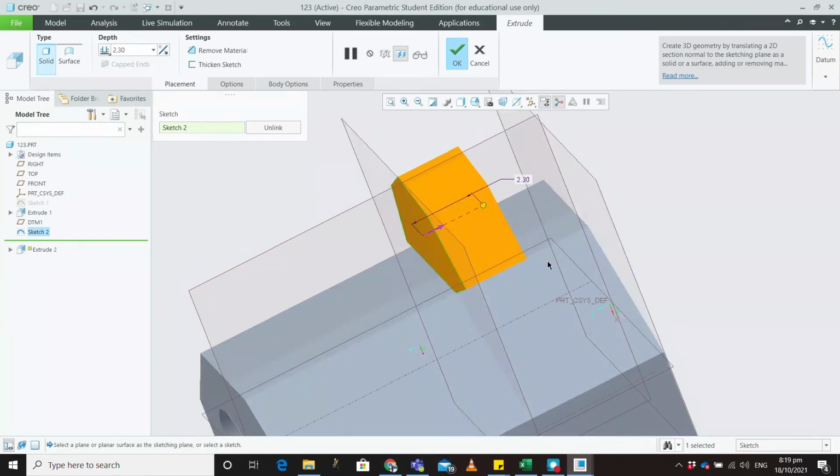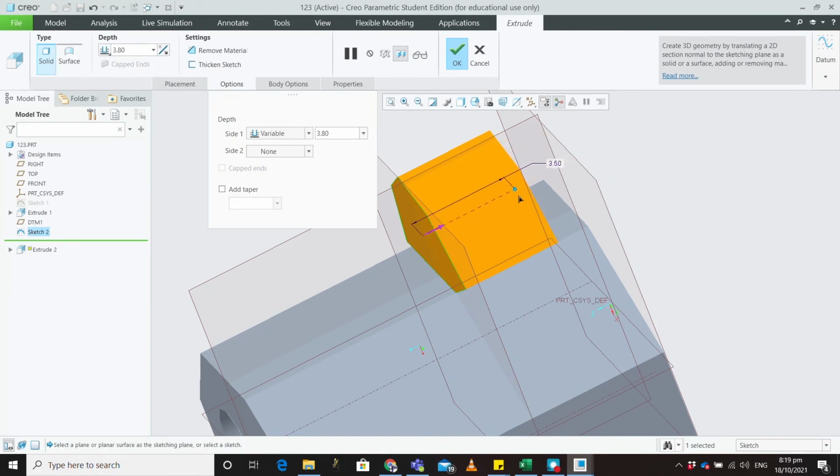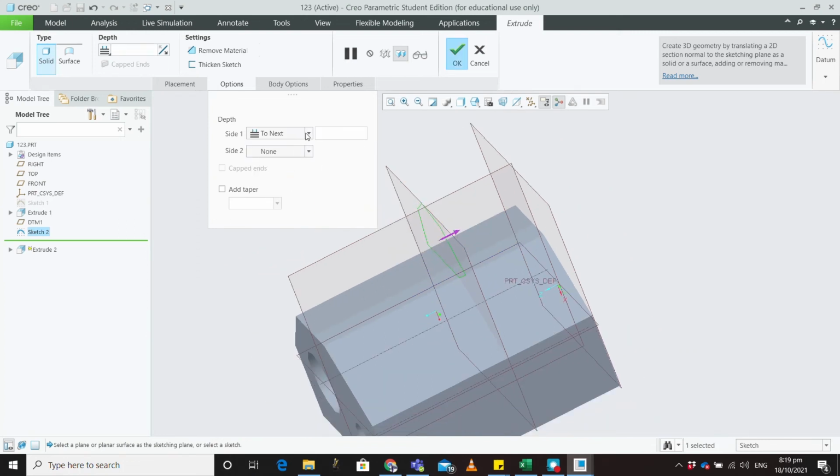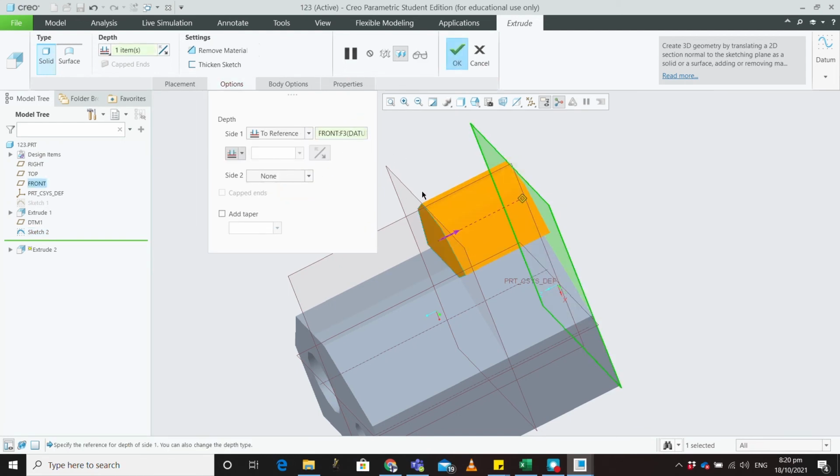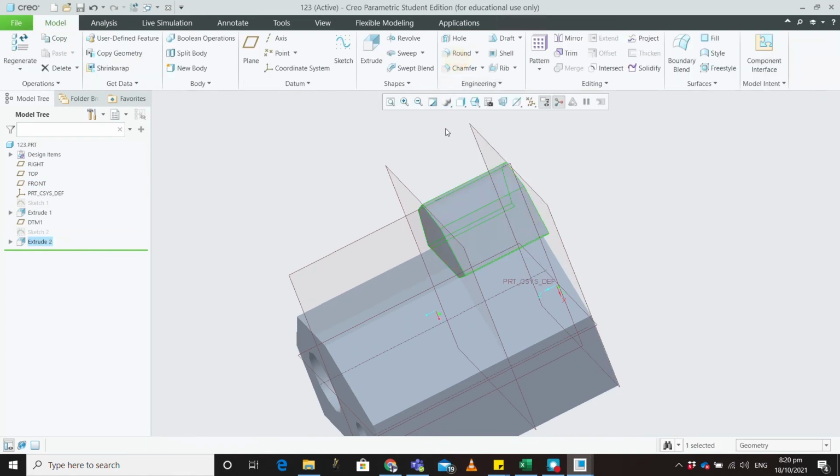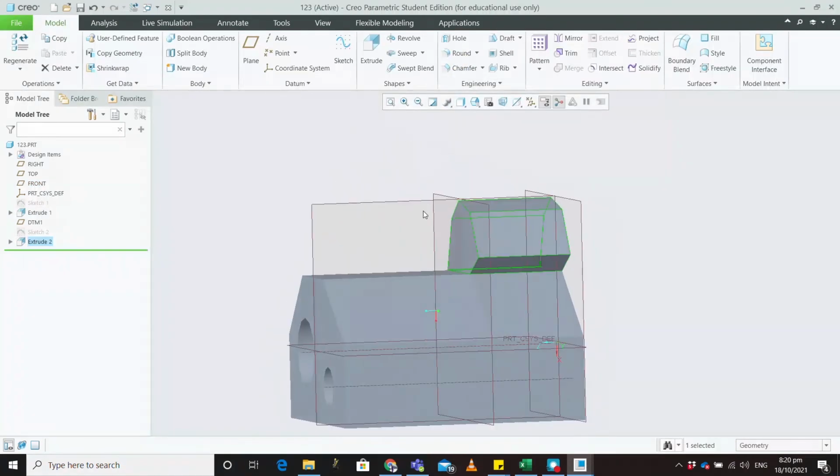And now over here, let's talk about that option, the symmetry one. So if I want this thing to not be extruding on one side, but to be extruding on both sides equally, I can always select symmetric. Now it's going to extrude on both sides with equal thing. Now this arrow doesn't have any value. You can always choose next. There is no next surface, so it's not extruding. Variable, which is the most common one. Through all, there is no surface. To reference, you would have to select a reference. For example, if I select this reference, or extrude